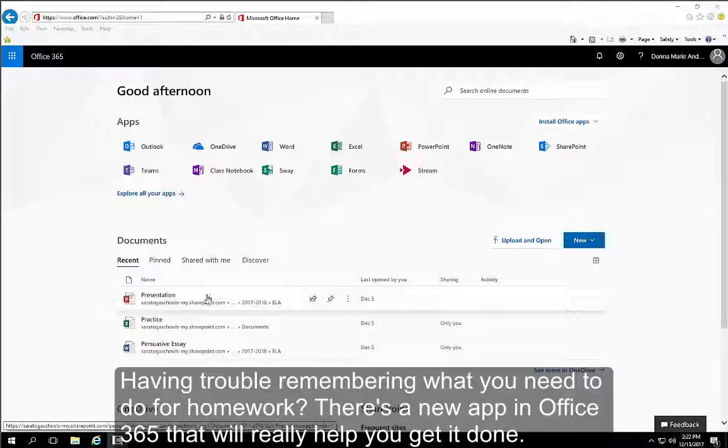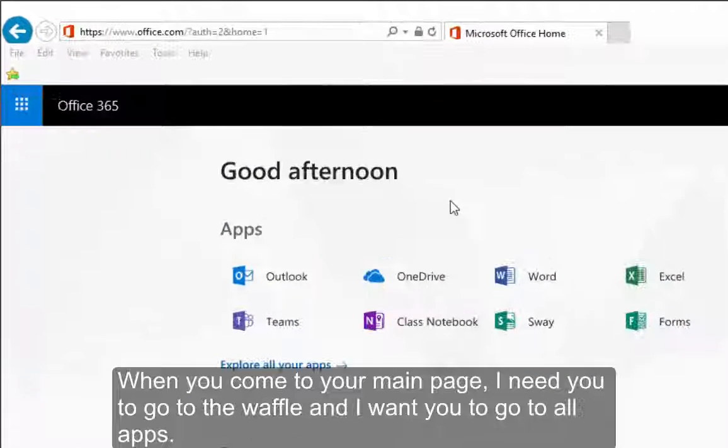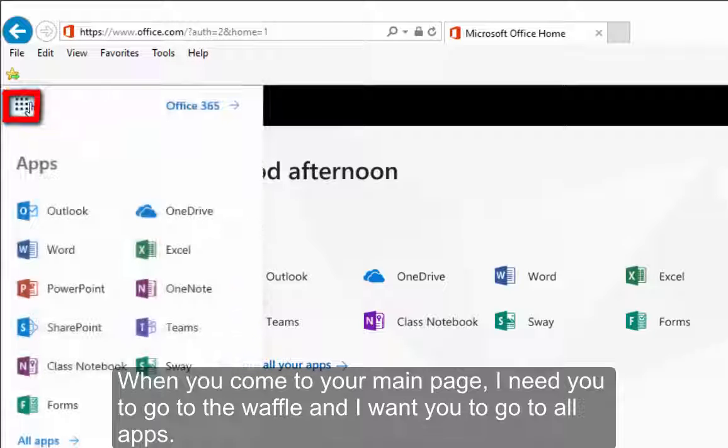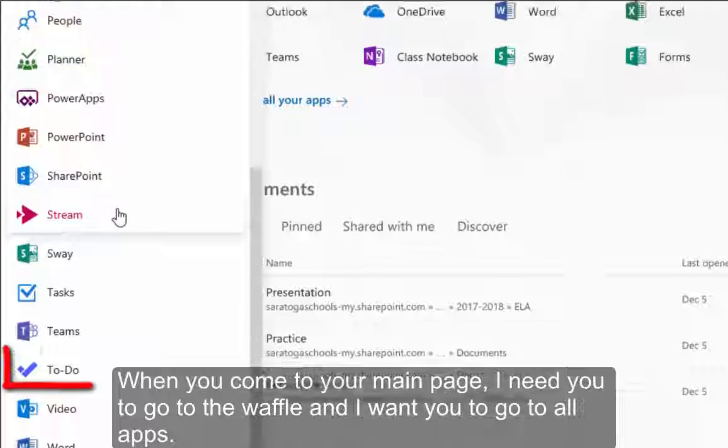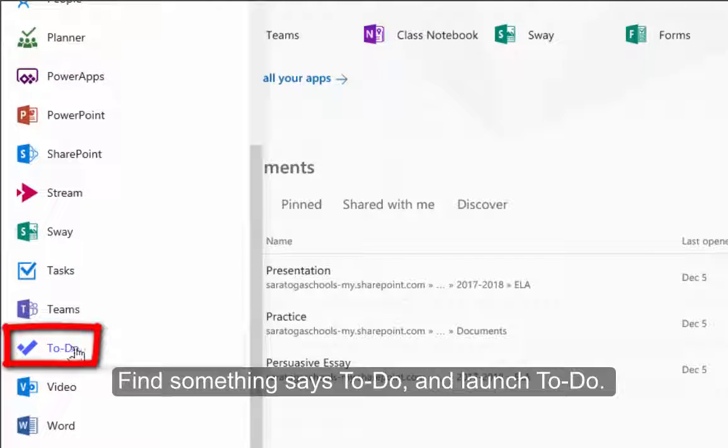Having trouble remembering what you need to do for homework? There's a new app in Office 365 that will really help you get it done. When you come to your main page, I need you to go to the waffle, and I want you to go to All Apps. Find something that says To Do,